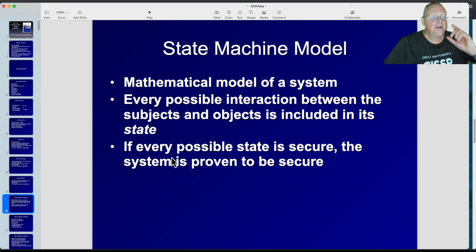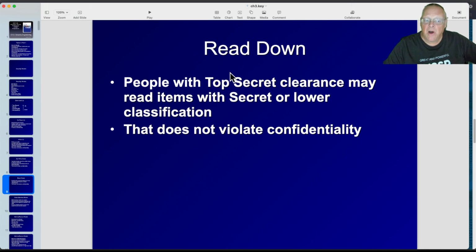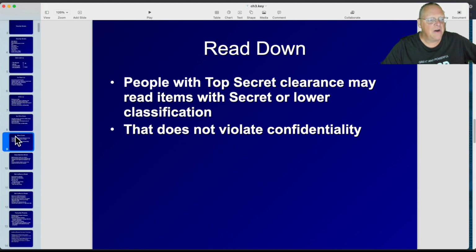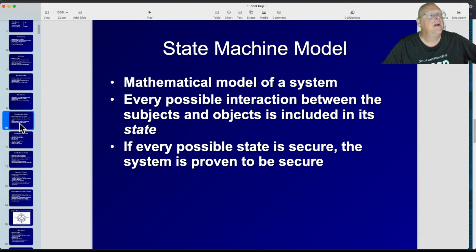All right, so the problem with this model is it only provides confidentiality and nothing else. And this is when they did not yet understand that you need confidentiality, availability, and integrity. And it doesn't have that. All it gives you is confidentiality and nothing else. And it turns out that is not the only thing you actually want for security. All right, and